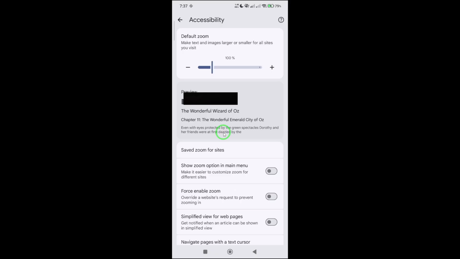Next, you'll see a slider labeled Text Scaling. This slider controls the overall text size you'll see when browsing websites. Move the slider to the right if you want the text to appear larger, or slide it to the left to make it smaller. As you adjust it, Chrome will usually show you a preview so you can instantly see